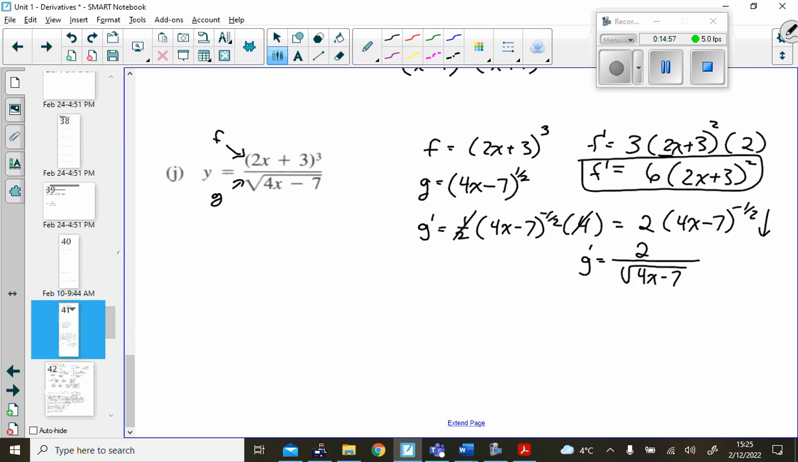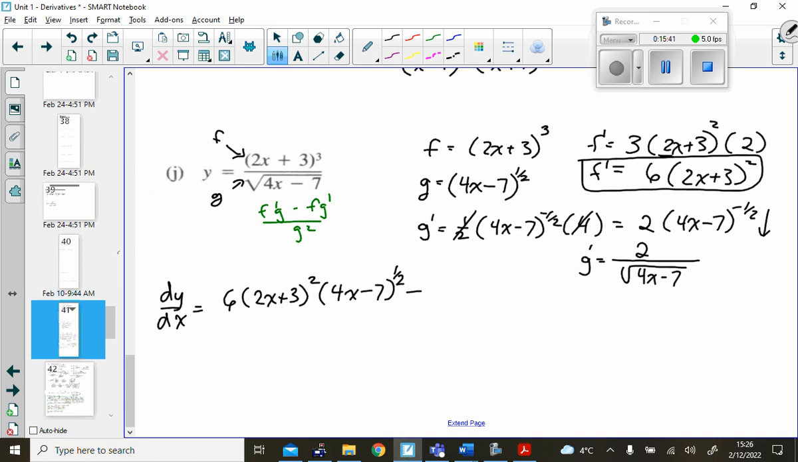So I'm going to assemble that all into my formula for the derivative, which is f prime g minus f g prime over g squared. So dy/dx is f prime, which is 6 (2x plus 3) squared, times g, (4x minus 7) to the 1/2,